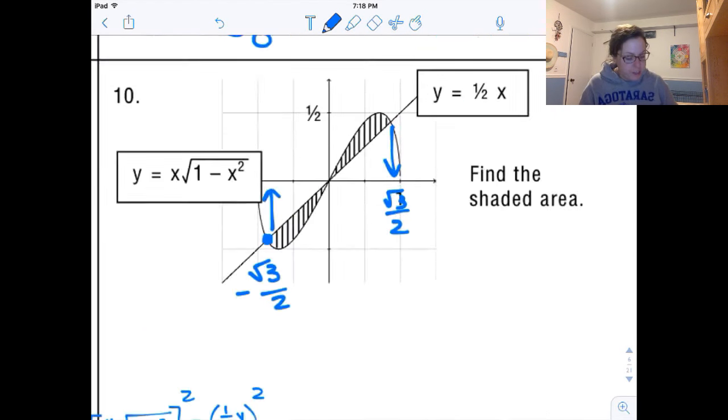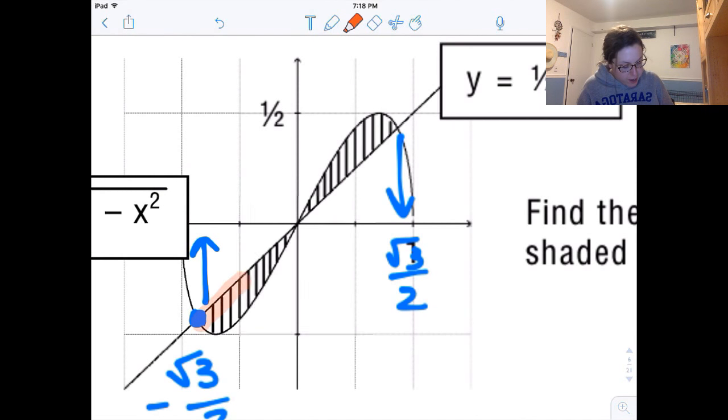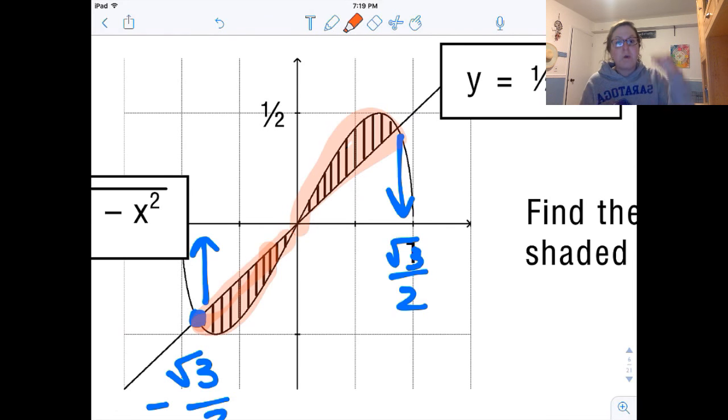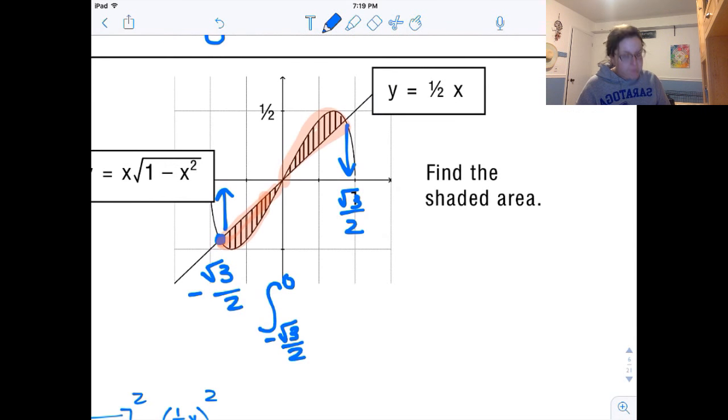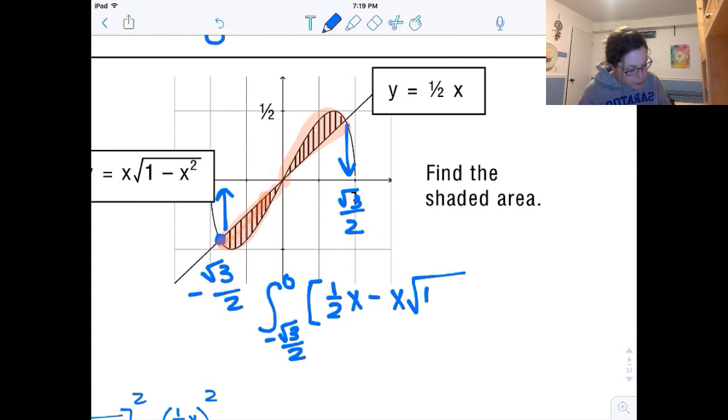So, finding these regions. You've got two options here. The hard part with this is that here, the line is on the top and the curve is on the bottom. And here the curve is on the top and the line is on the bottom. So you wind up actually having two regions where the top and the bottom switch out. So we would need to break this up into two integrals. So what I could do here is the integral from negative radical 3 over 2 to 0 of my upper function, which is the line, so 1/2 x, minus my lower function, which is x radical 1 minus x squared dx,